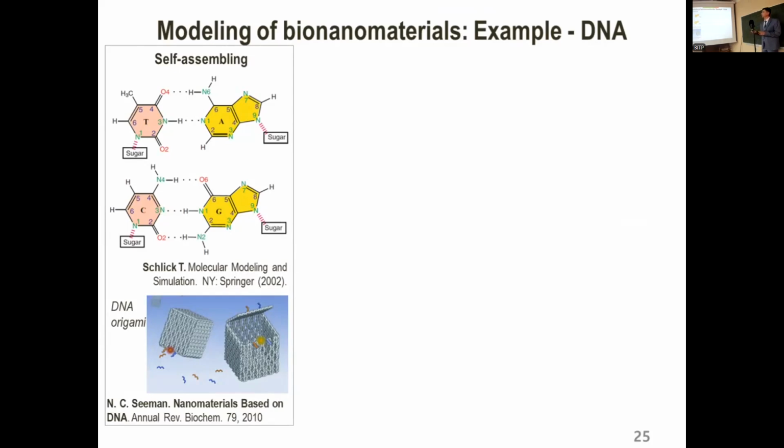In particular, I already mentioned the property of nucleotide pairing, which allows us to build smart materials like DNA origami, and these materials can be used to construct some simple shapes. Here you can see even boxes made of DNA, and they are constructed on the basis of this